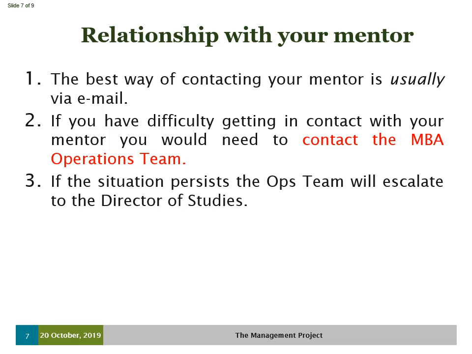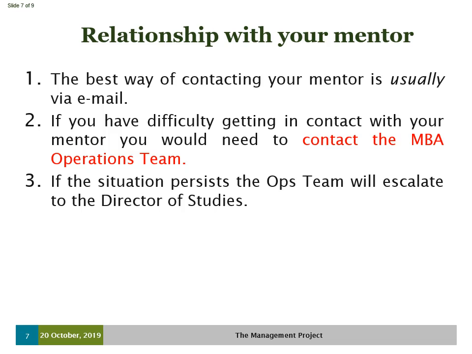If for some reason you're having difficulty getting in contact with your mentor, what you need to do is contact the MBA operations team, who will then, on your behalf, contact the academic mentor. It may be that they are away on conference, it may be they are away on holiday, or it may be that they are not well and not at work and unable to be contacted. But in either case, the MBA operations team will find out for you.